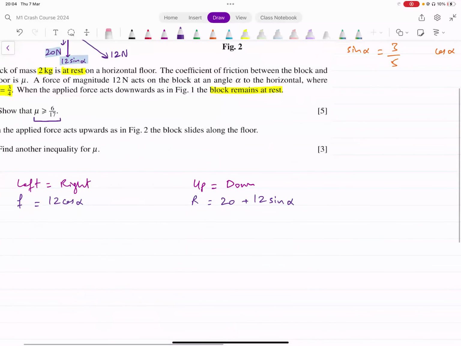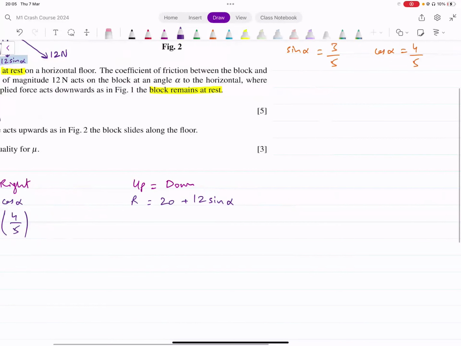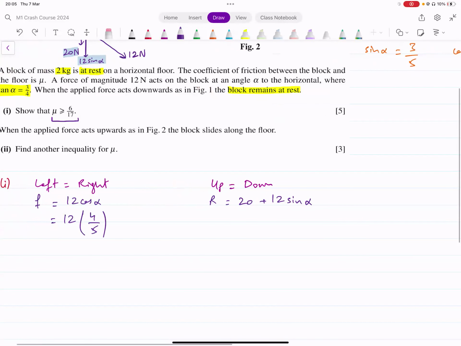Instead of cos alpha, you can now input 4/5 that you got from there. Right? Let's simplify this. Friction turns out to be equal to 48/5. That's the value of friction that we get. Okay, what about reaction? R equals 20 plus 12 sine alpha. What is sine alpha? Sine alpha is 3/5. So we have 12 into 3/5. Let's simplify this and see what we get. So we have 20 plus 36 divided by 5. That's giving me